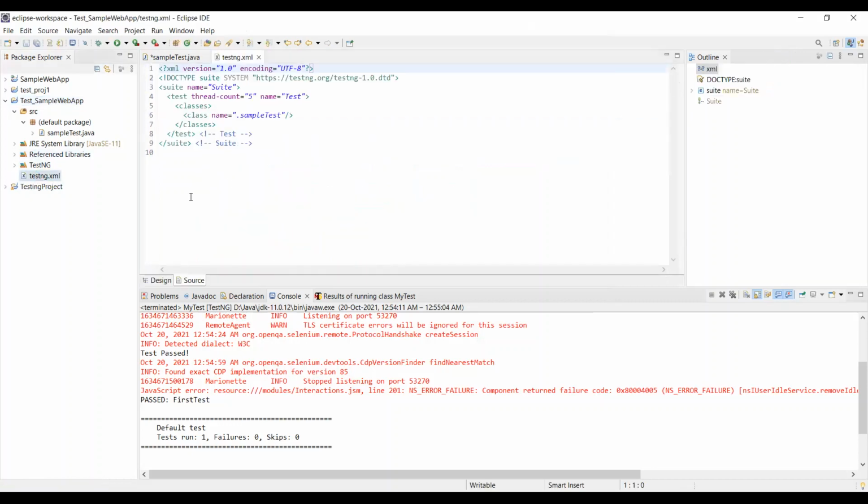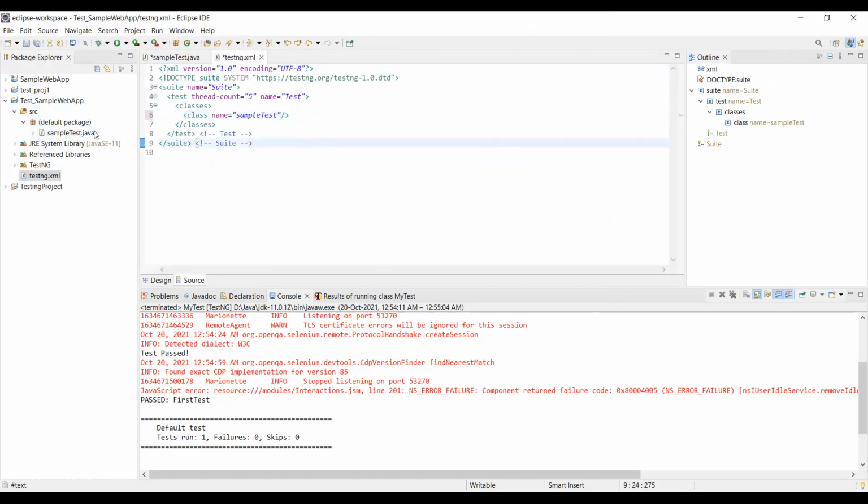Let's have a look at what this testng file is. It will tell you what the test suite name is and what the test file name is. If you just see, this is the class name, dot sample test. Let's remove this dot because there's no package under which we have written this.